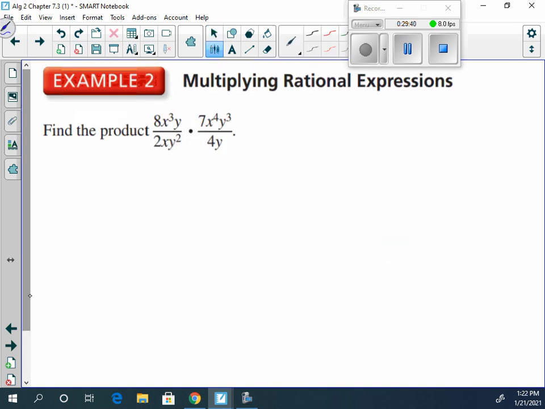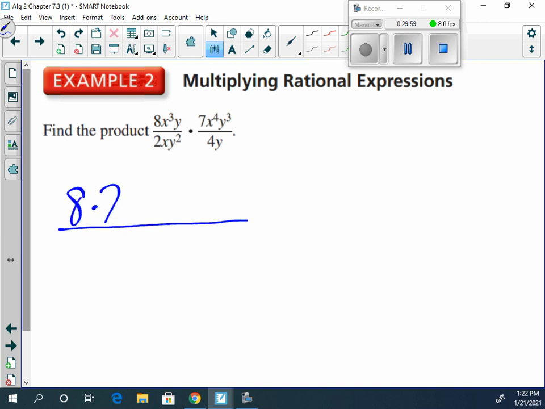Well, the first thing we're going to look at is this here. We're going to find the product of these two rational expressions. And when we do this here, we're multiplying like terms. So if we look at the numerators, 8x cubed times y, and 7x to the fourth, y to the third. Well,